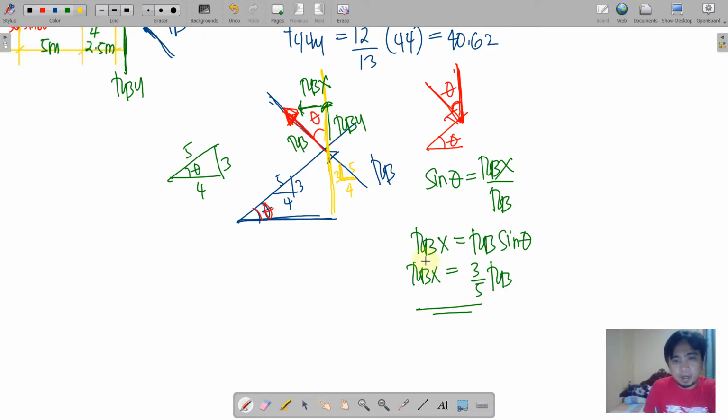RBX is 3/5. Obviously, the slope will revert if we have a reference slope here that is referred to the slope that is inclined where the roller is rested. Okay,